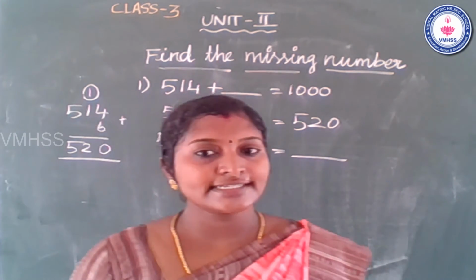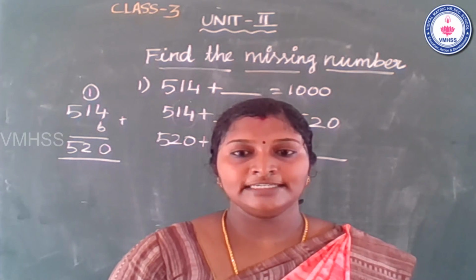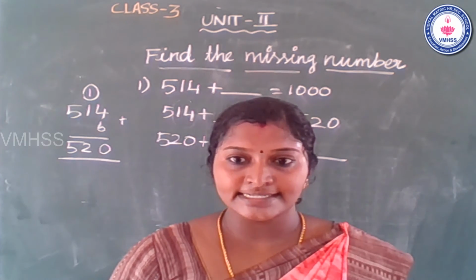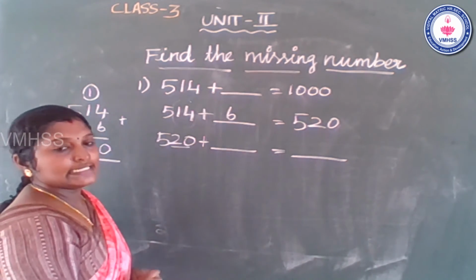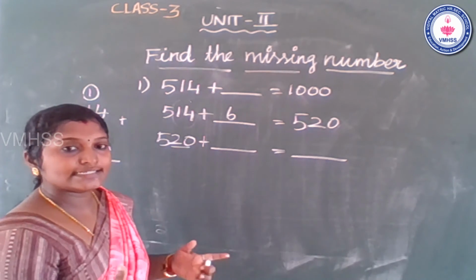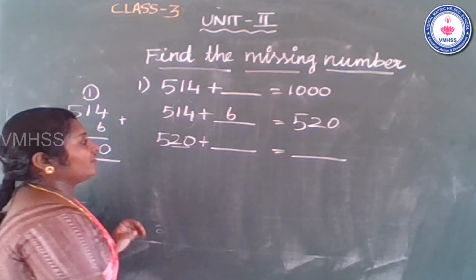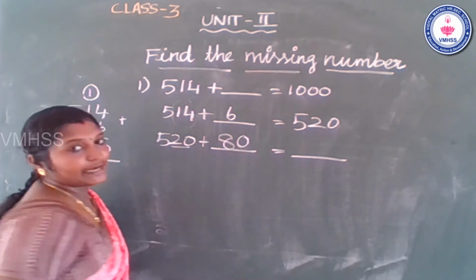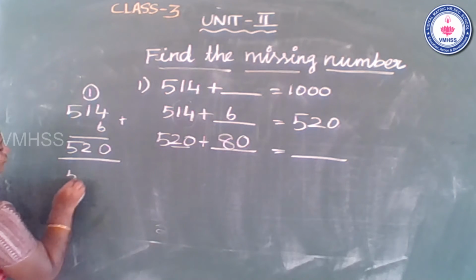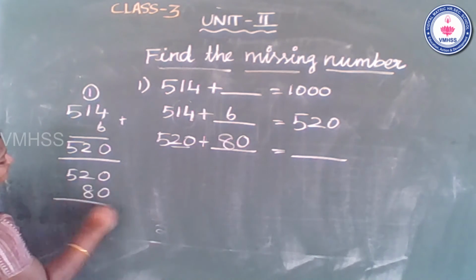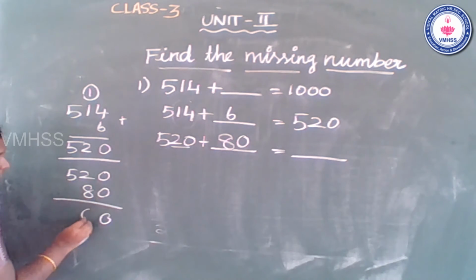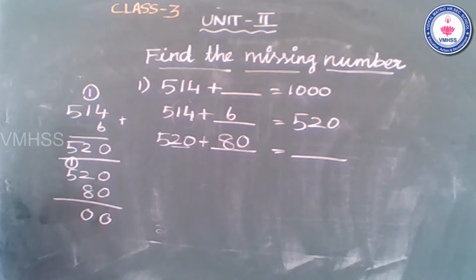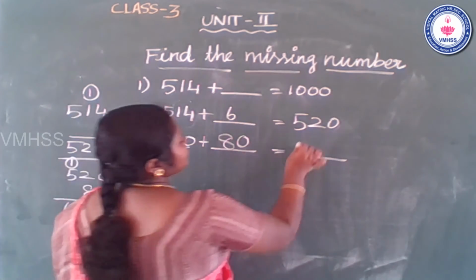So next step, what is the next step? Add to the sum in step 2. Take it to the next nearest 100. See this two value 20. So which number are you adding to reach the next nearest 100? Students, very good. So 80. Am I right? Very good. So adding 520 plus 80. Okay, students. So 0 plus 0, 0. 2 plus 8, 10. 0. Balance 1. So 1 plus 5, 6. So what is the answer? 600.